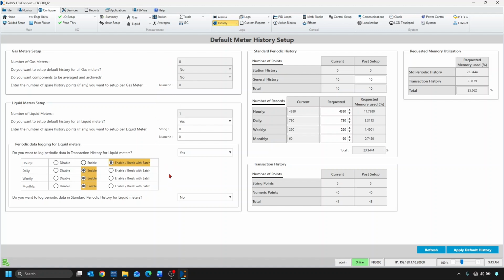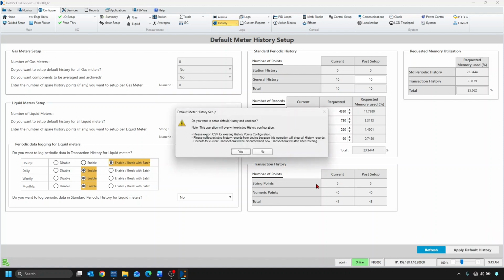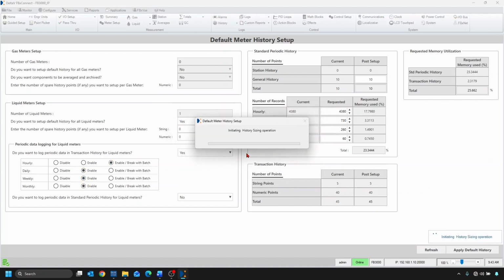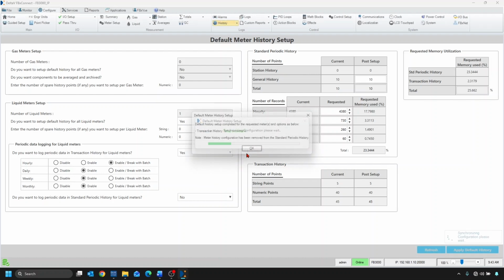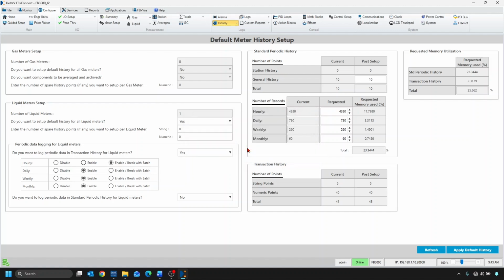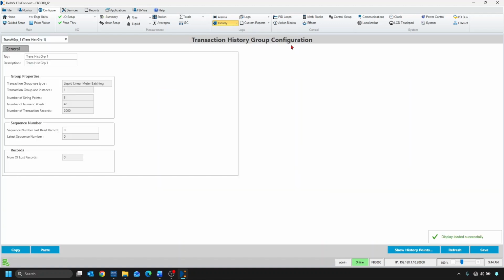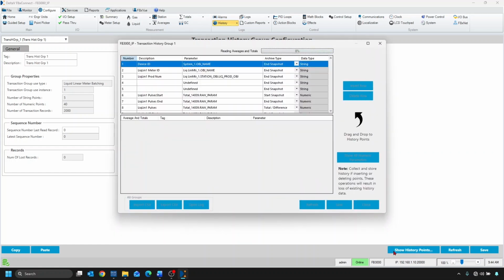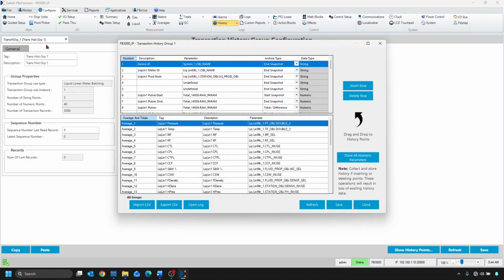So I'm happy with these selections here, and then I'll go over here and hit apply default history. I'll select yes and then wait for the parameters to get set up in the FB3000 RTU. Setup is successful, so I'll select OK here, and then I'll go to history, group configuration, transaction history to show you what this default history setup auto-populated for the different parameters. I'll click show history points here in my transaction group number 1, and you can see we